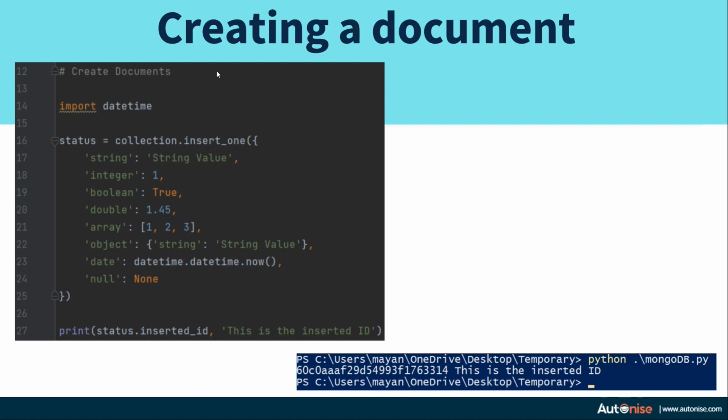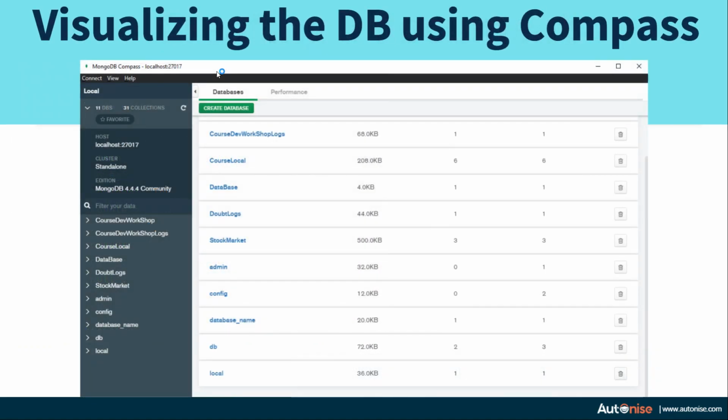So now that we know how to create a document, let's have a look at how to visualize the documents which are present inside MongoDB. If you remember, we already have installed Compass. When you open Compass and you click on connect, you will connect automatically to your local MongoDB server.